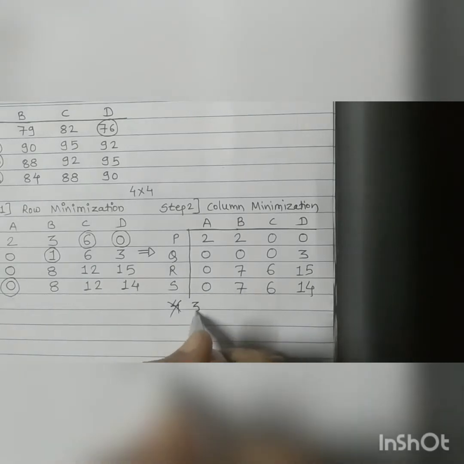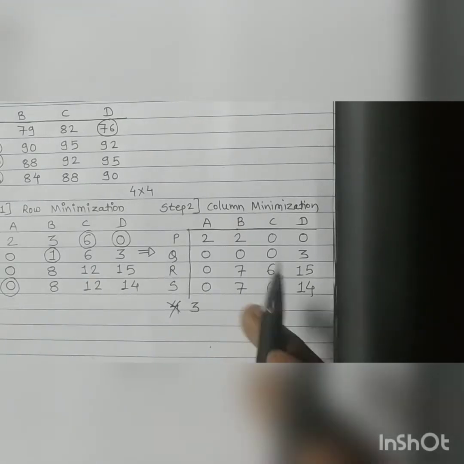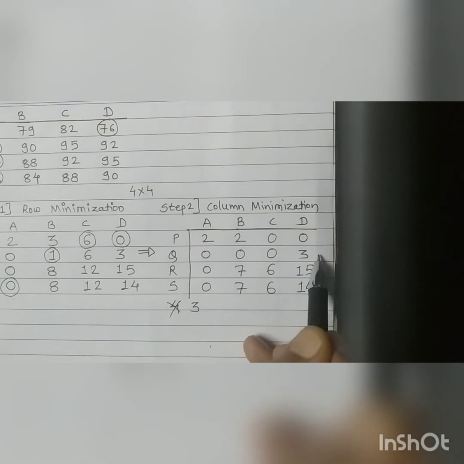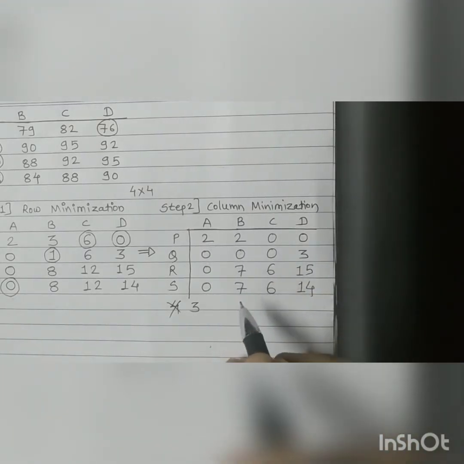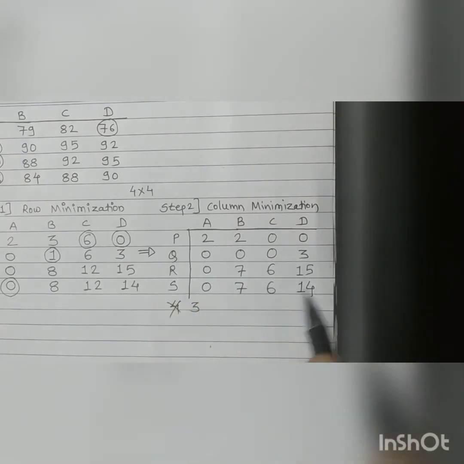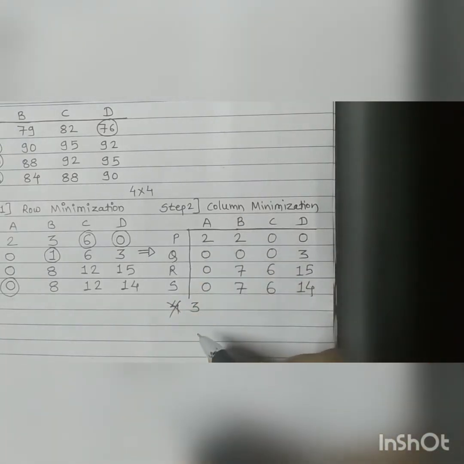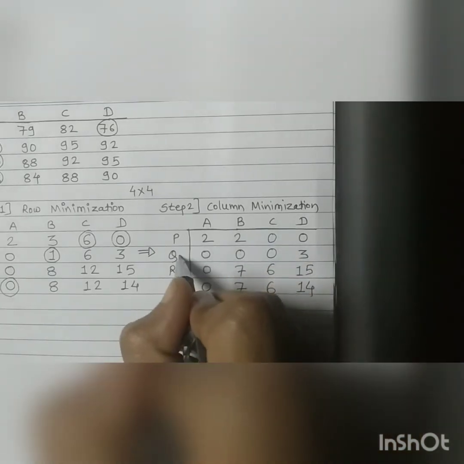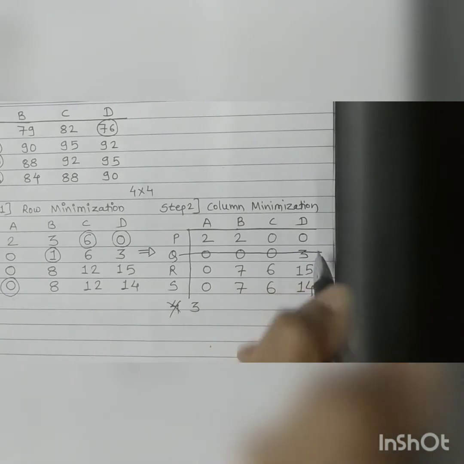So reduce this count by 1. So search for 3 zeros. Can you find 3 zeros? Yes. In the second row there are 3 zeros, or in the first column there are 3 zeros. Student A or any student can draw this line. Another student can draw this line. Both ways the final answer will be the same. For simplicity I will draw a horizontal line covering these 3 zeros.